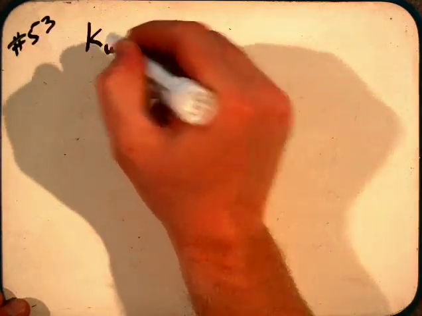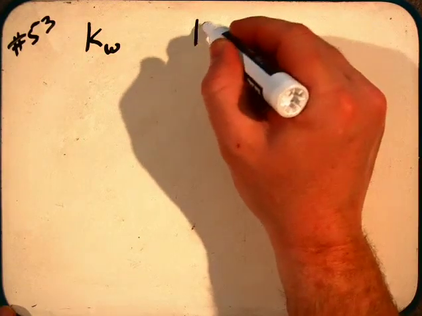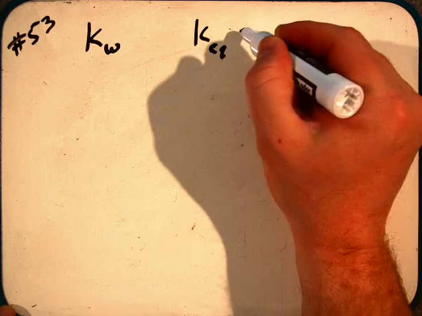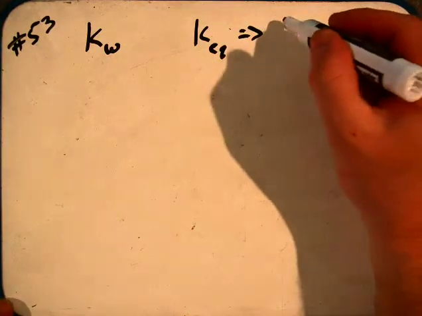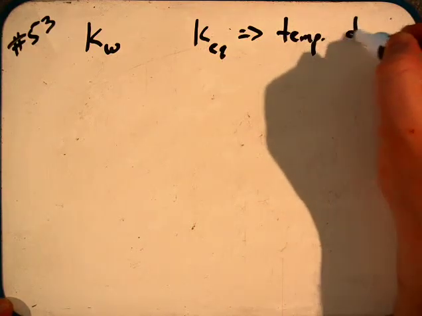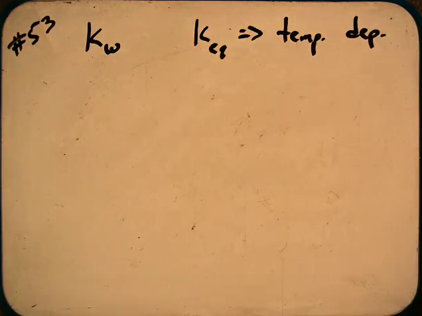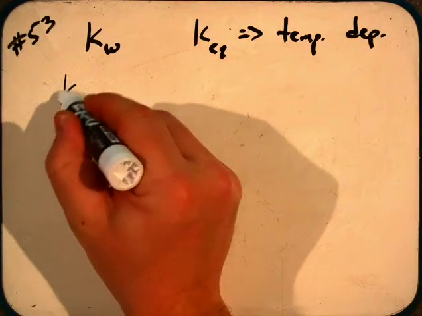This is number 53 in chapter 15. It looks at our Kw equilibrium constant and is basically talking to us from the standpoint that equilibrium constants are temperature dependent. Just like rate constants from chapter 13, which are also temperature dependent, remember the Arrhenius equation, equilibrium constants are also temperature dependent. And so, for instance, our Kw